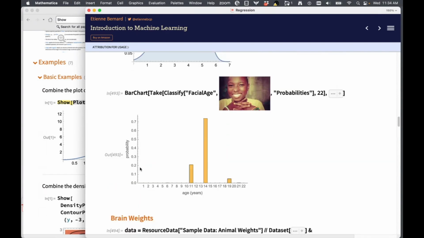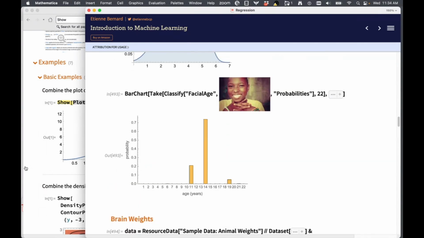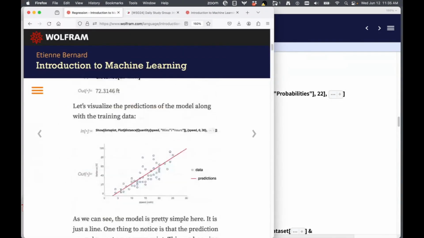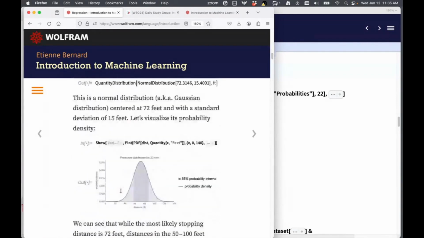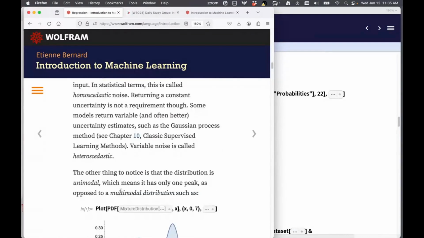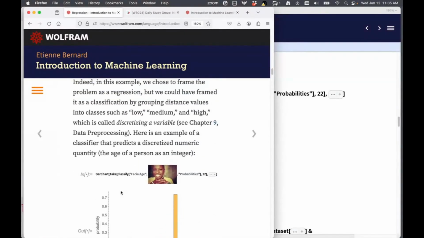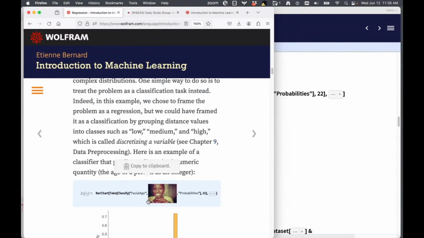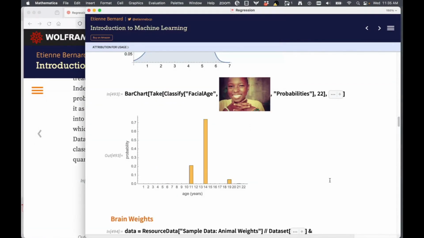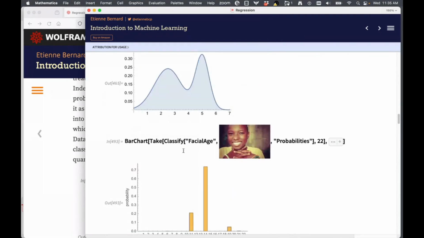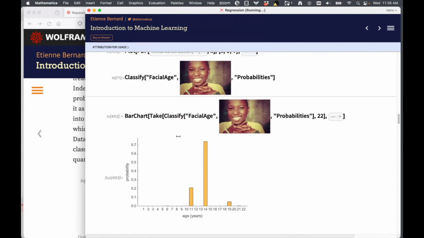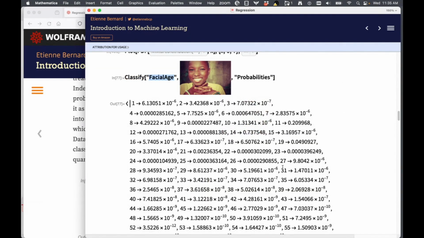And here also, Etienne talks about, if we can go back to the chapter, towards the end, especially with that facial age example. This is where we have this facial age classifier. It's a built-in classifier that has been trained on lots and lots of images of people's faces.